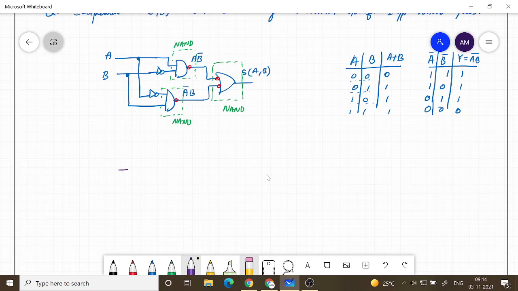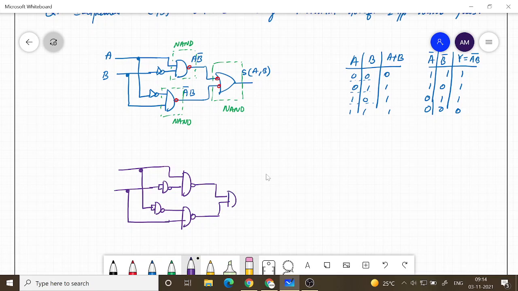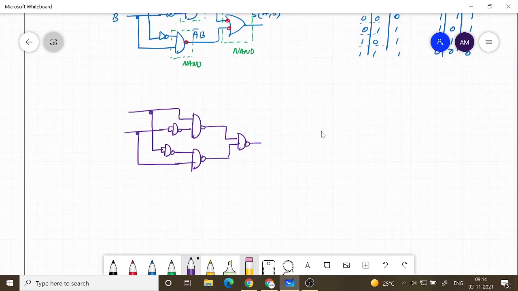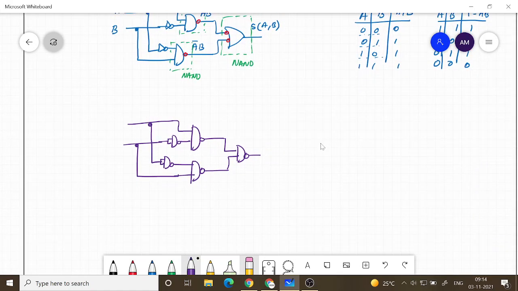I implement the NOT gate like this, then I have a NAND gate here, then I need a complement of this also, then again a NAND gate, again a NAND gate. That's it. So this is the implementation using the minimum number of 2 input NAND gates.